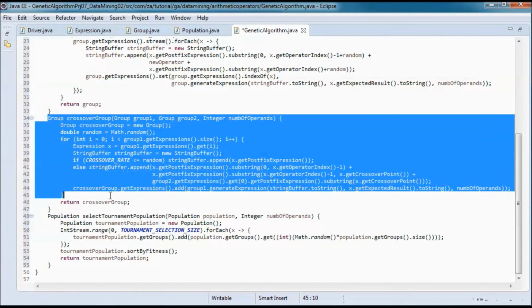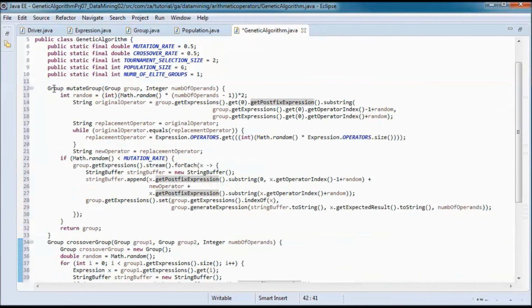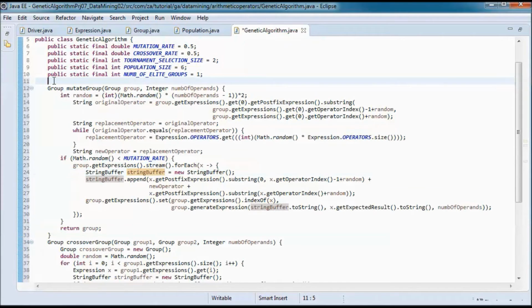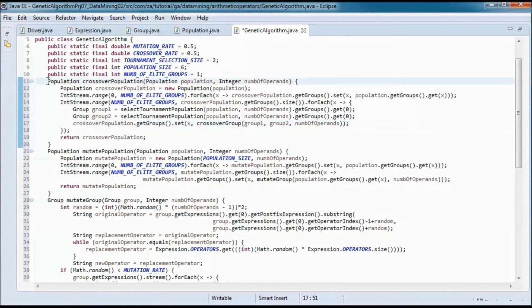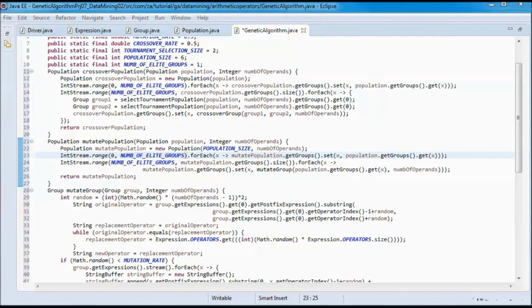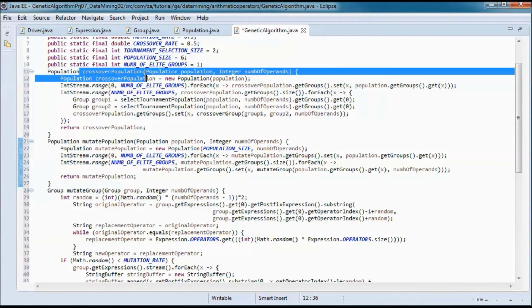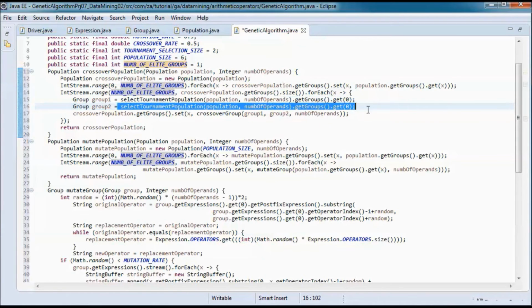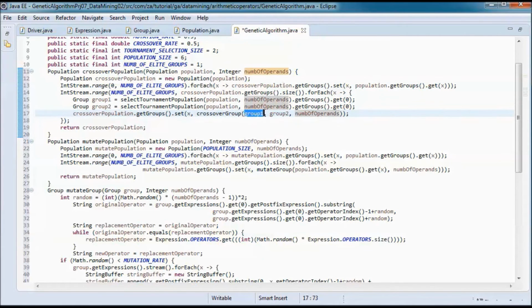Now those two methods, crossover group and the mutate group methods, will end up being called by crossover population and by mutate population. And the crossover population makes calls to the select tournament population 2 times in order to pick up group 1 and group 2 that are used when we call crossover group.